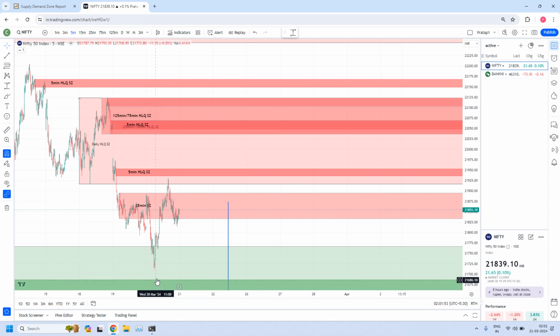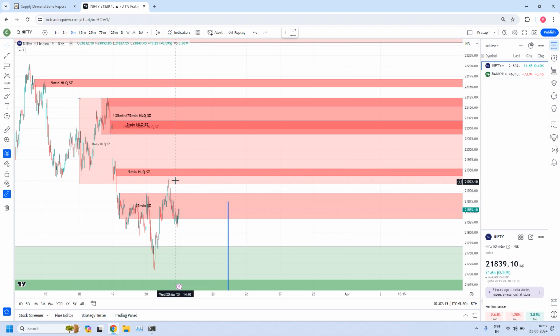Even if you add the buffer, generally we use 0.1% as a buffer, maximum you can use. Even if you add the buffer slightly, maybe a 2 or 3 points difference, we miss this trade. And after that, prices moved and entered into the 5 minutes high liquidity supply zone. It went into the